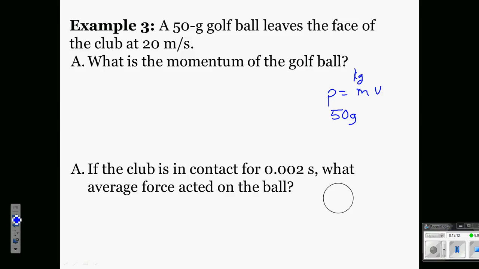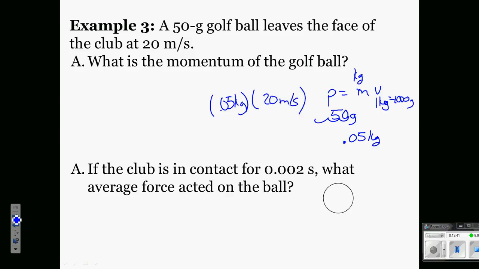Well, 1 kilogram is equivalent to 1,000 grams. So I'm going to move this decimal 3 times because I have 3 zeros, so I've got 0.05 kilograms here. So I take 0.05 kilograms times my 20 meters per second,